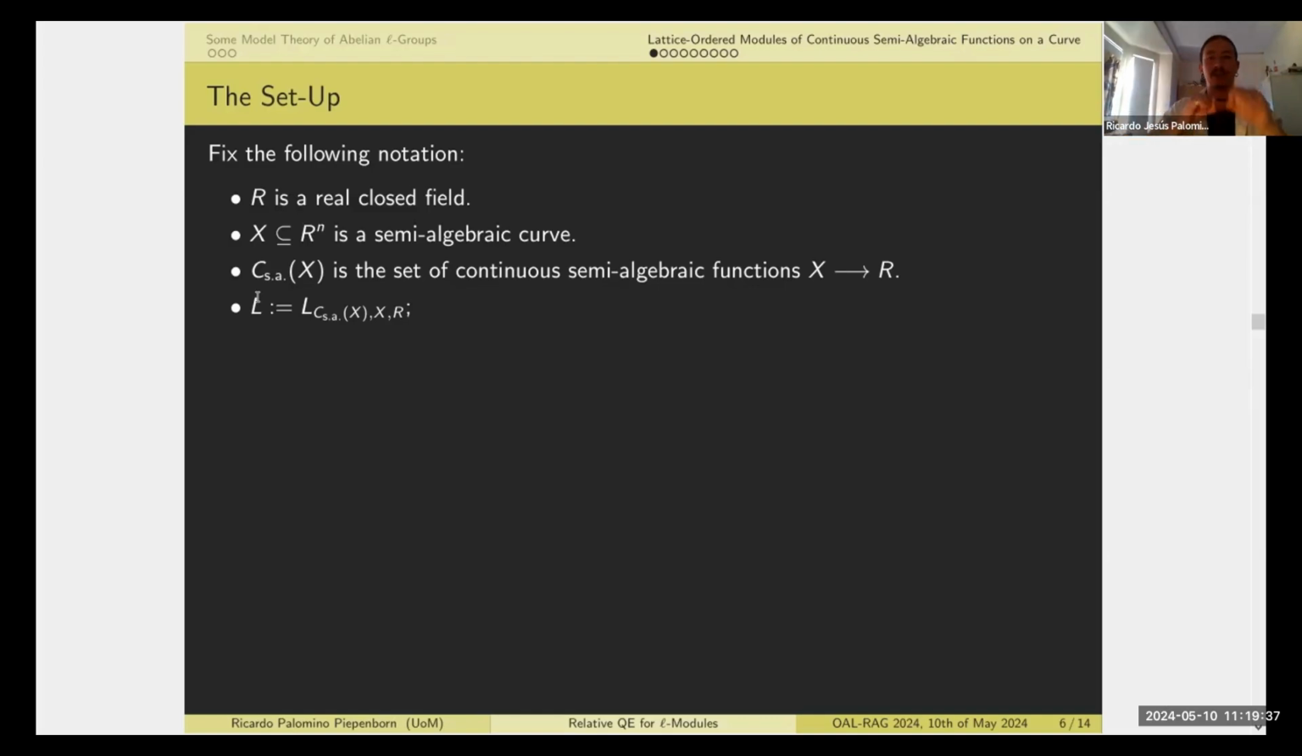zero set of a continuous semi-algebraic function is a closed and semi-algebraic subset of X. And conversely, every such closed and semi-algebraic subset is a zero set. So this lattice, you can think of it equivalently as just the lattice of closed and semi-algebraic subsets of X. Good. So let me now put all this setup together into the same context that we've seen in the first